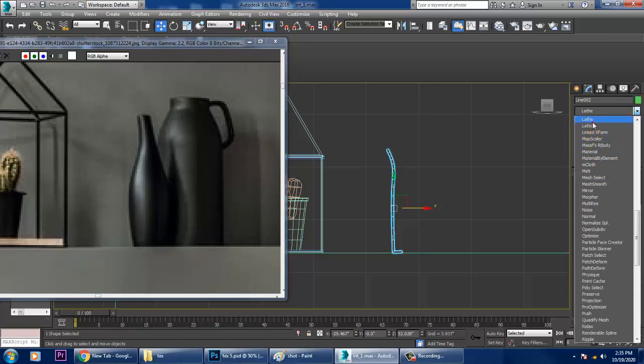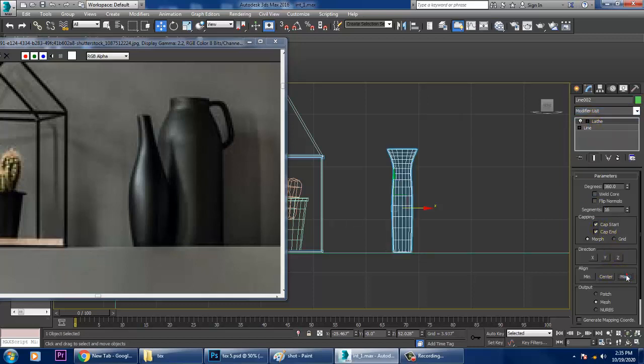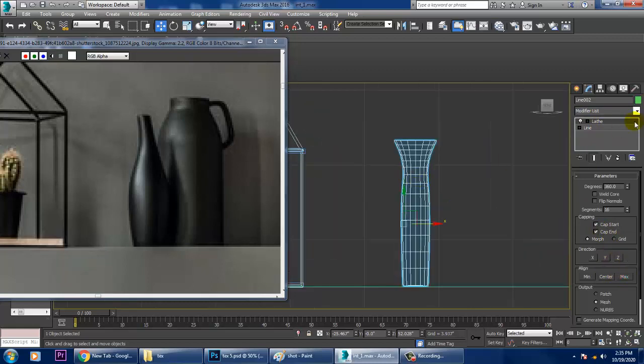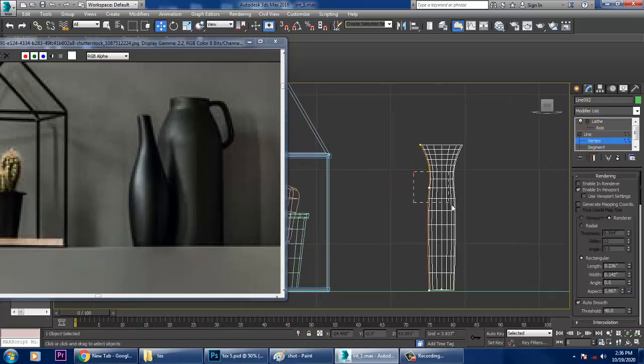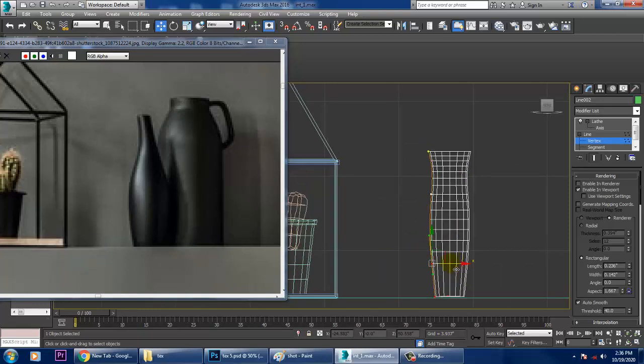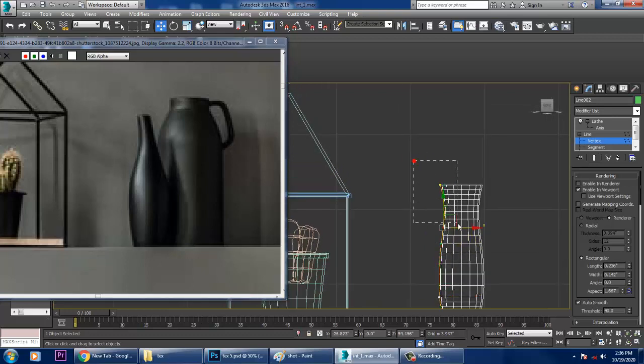You can easily use this option, that's your lathe modifier. Set it to max over here. Let's go into vertices, right click, give refine. Definitely this should push up, and this should go in this way.